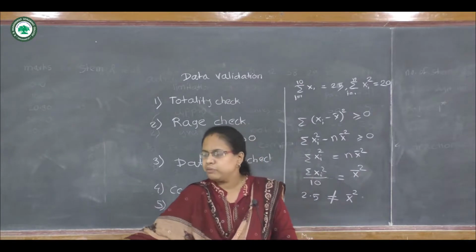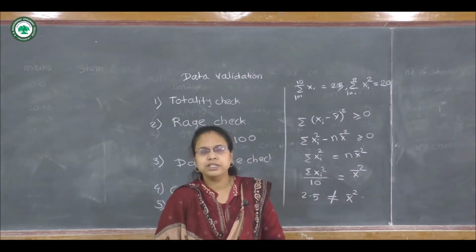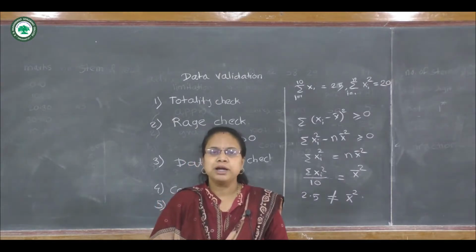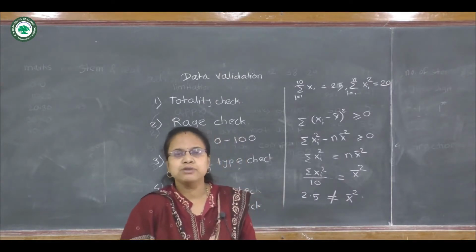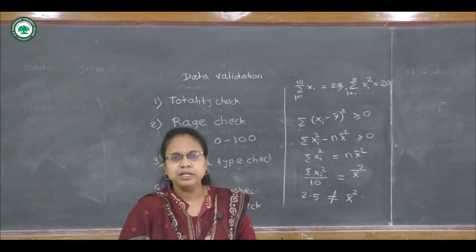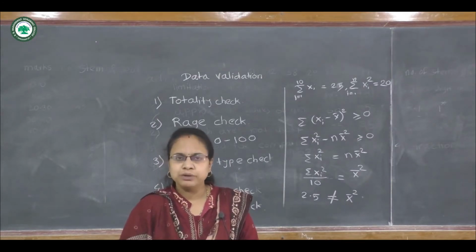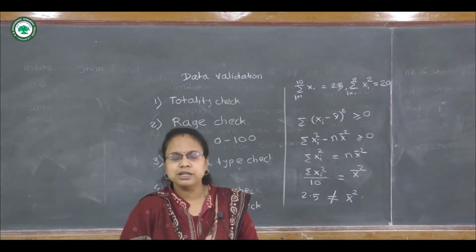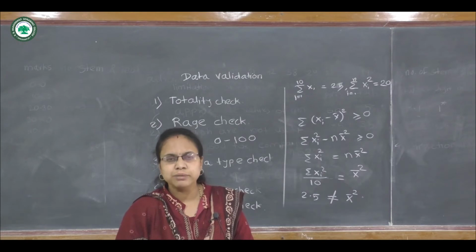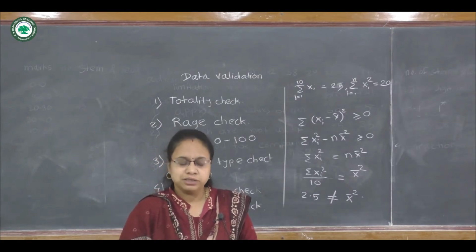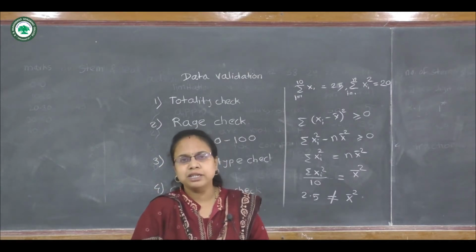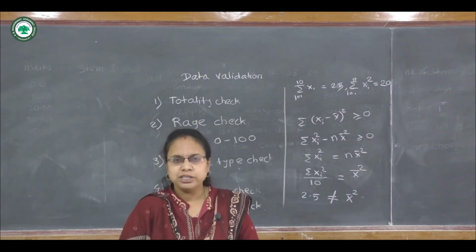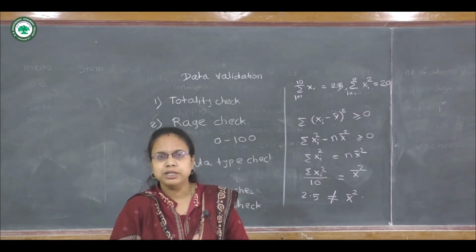So at the end I will conclude this unit. In this unit we have seen the presentation of data by frequency distribution. We have seen some concepts like class limit, less than cumulative frequency, mid value or class mark. We have also seen some types of graphs to represent the data, and finally we have studied the data validation techniques. So this ends unit number 3.